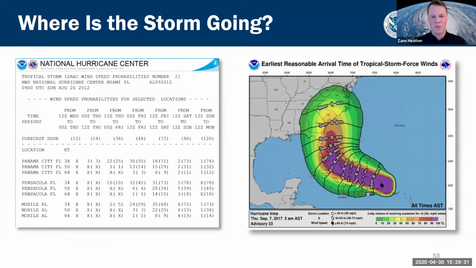One of them is the probabilistic wind timing and wind percentages. You've heard about this, and we discussed this in the previous unit, but essentially we've got wind speed probabilities for each of the different thresholds, tropical storm, strong tropical storm, and hurricane force winds, as well as wind timing information that you can gather from the National Hurricane Center forecast products. This tells you not only what the probabilities of feeling those wind forces are, but also the associated times at which those hazards could onset. So important to know, what are the chances and when's it going to arrive? 2 big questions we try to answer to inform the decision making.